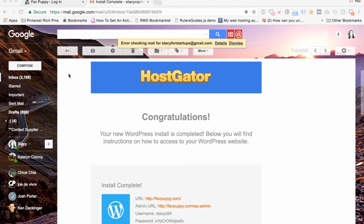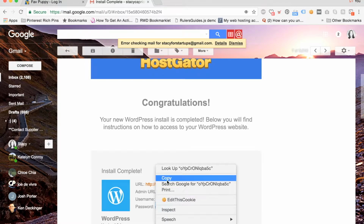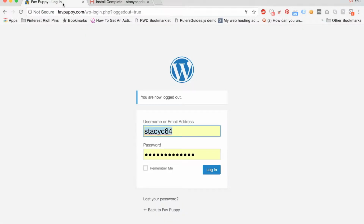First, we'll log into your site and choose a new theme. First, copy the password from your HostGator WordPress welcome email. Make a note of your username. Next, enter your domain name